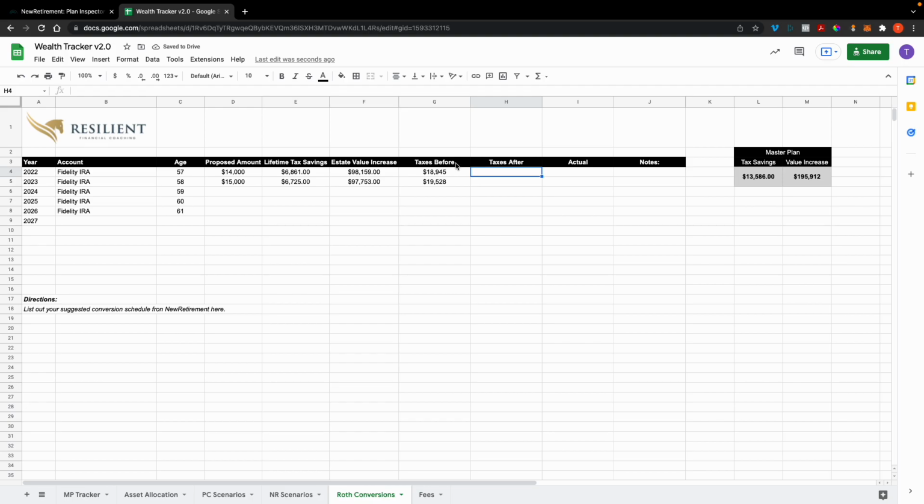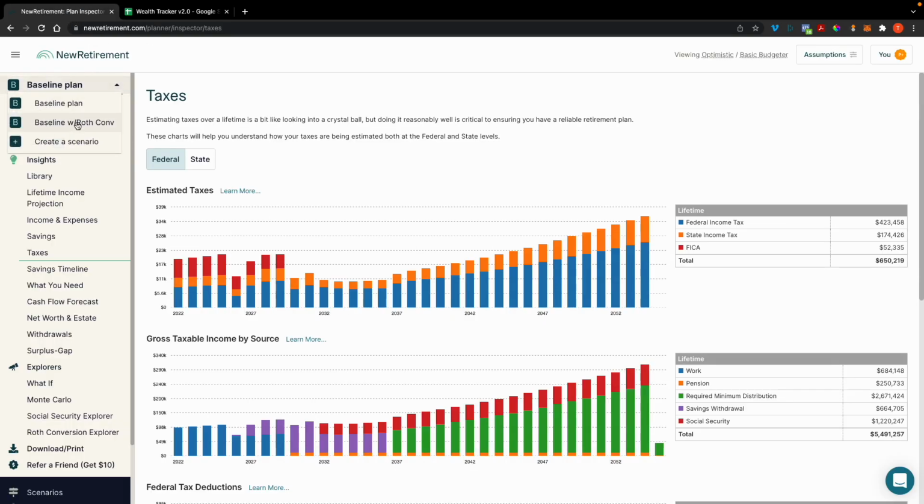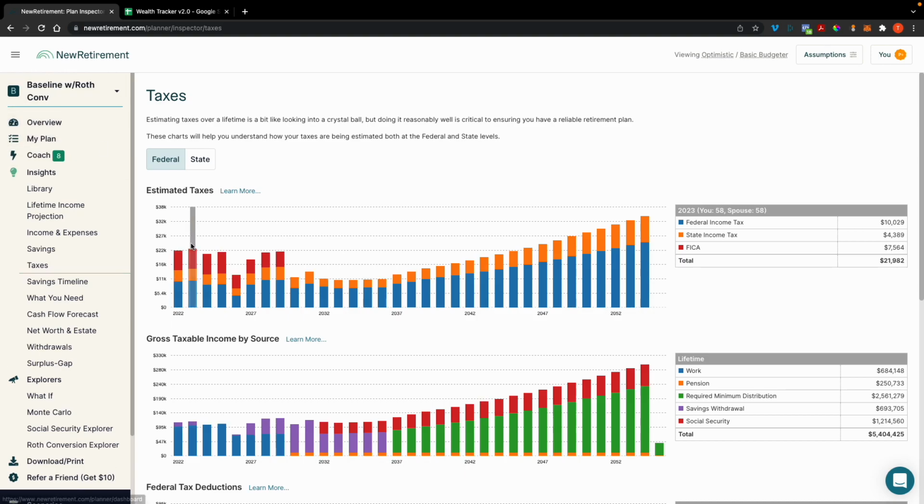And then what you want to do next is you want to go back to the actual conversion scenario, right? And then record how much taxes you're going to owe after. Okay, and then the difference is the difference. So then we'll go to baseline plan, go to Roth conversion, and then hover over the year 2022, and it's 21,234.